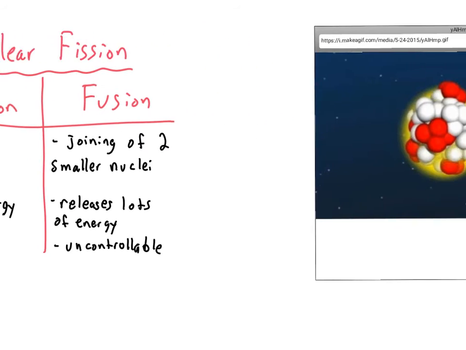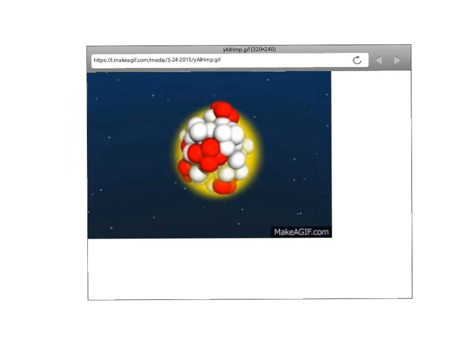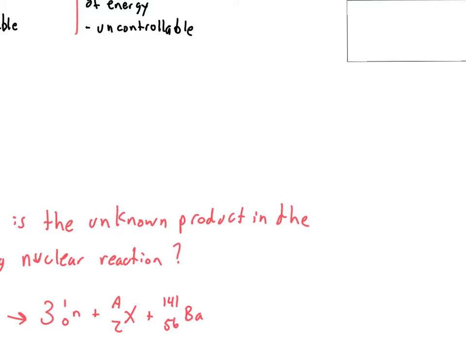I wanted to show you guys a little demonstration of what this looks like. And so this is fission. You always have to have something that starts the reaction, and in this case it's a neutron. So there's your neutron coming in, hitting this big nucleus and turning that into two nuclei. But then you notice something else coming off of there. It's not just the two nuclei, it's 1, 2, 3 neutrons come off of there as well. And so that's also important to realize. So what we're going to do is look at a question here now